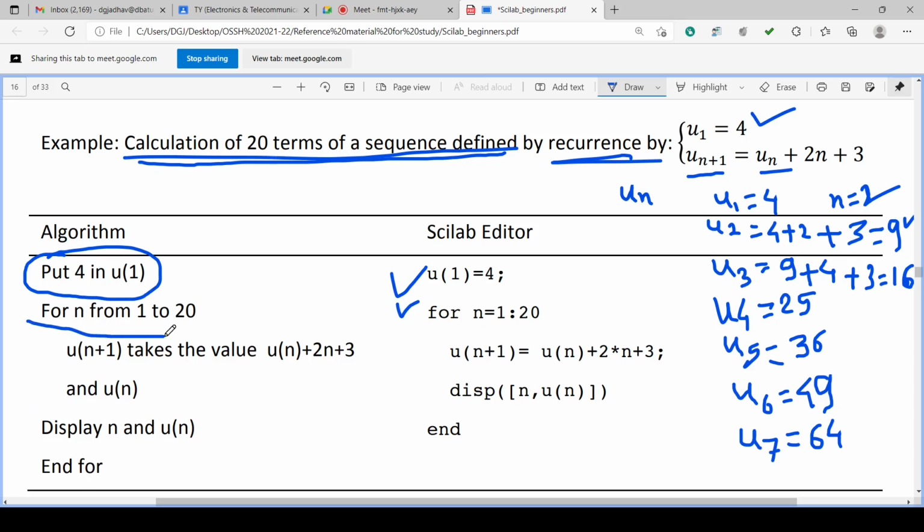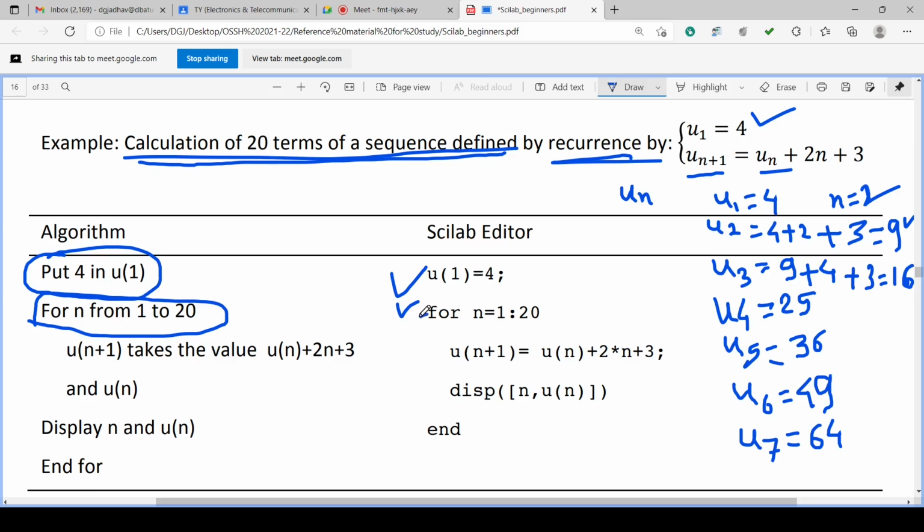So the English explanation is: for n from 1 to 20, it is a for loop. This is the command and this is the explanation. This explanation we can also put into a comment in front of the command. Observe here, for the for command there is no semicolon. If you put the delimiter on the for command, the next commands may not be connected, so it will give an error.